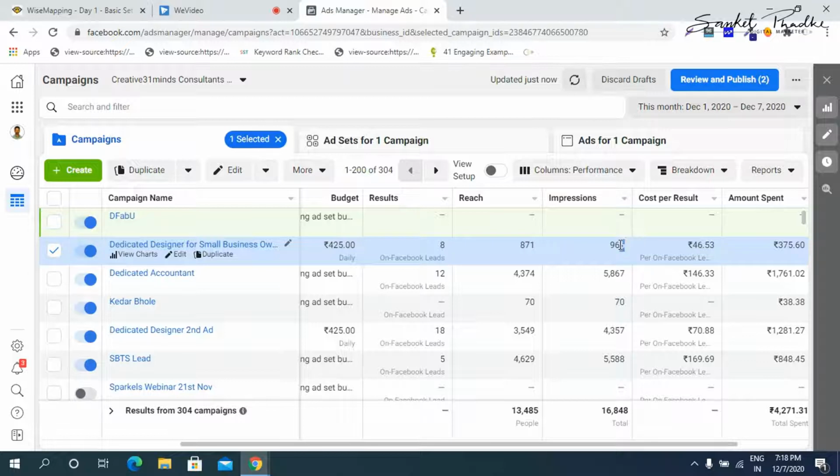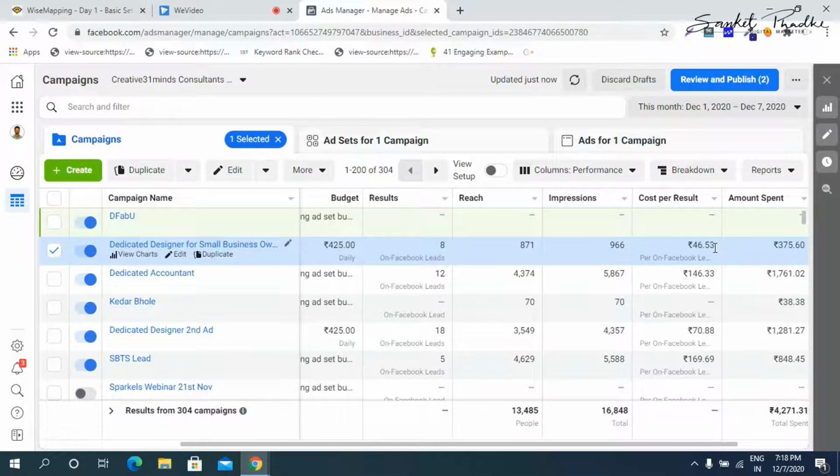So, although Facebook has shown this ad to around 966 people or on their accounts, only 871 people have seen this ad, out of which 8 people clicked on the ad, and that's how they filled up the lead form, and that's how we have received the lead.